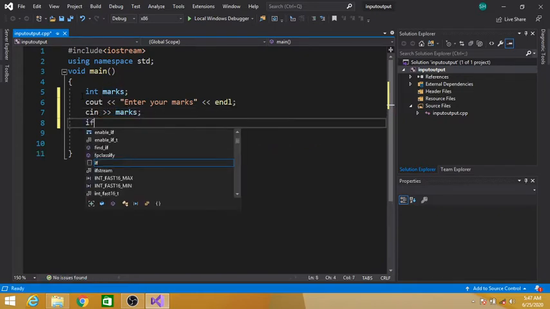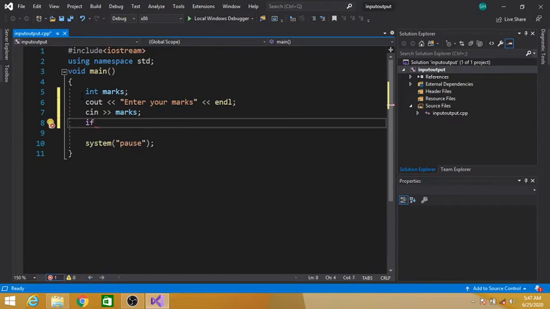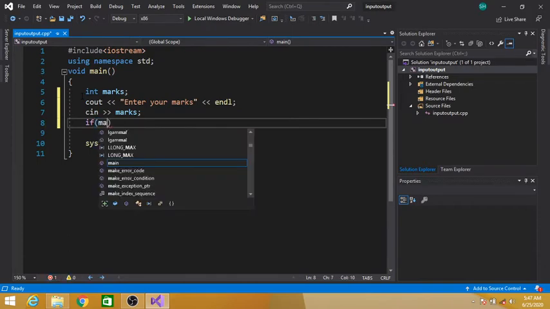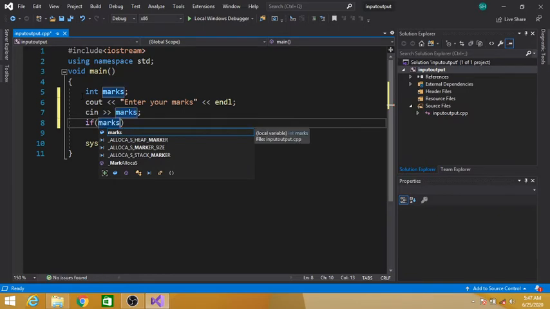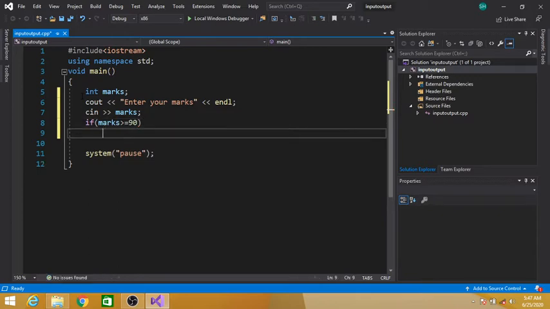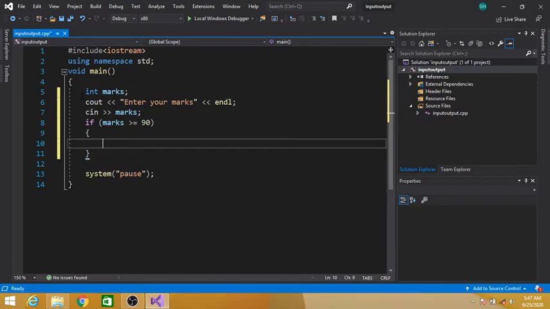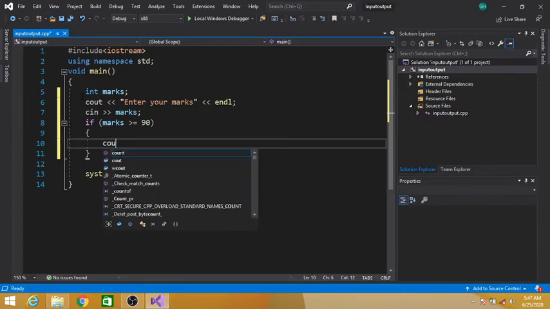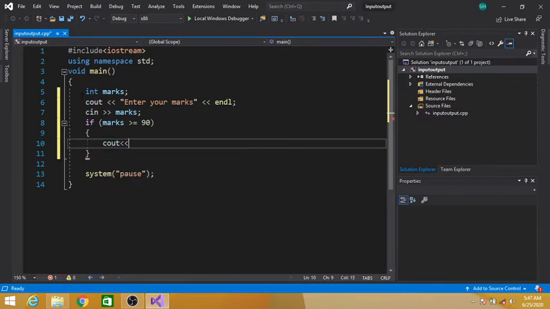Now if, we are checking in parentheses if marks is greater than or equal to 90, then we have to print cout your grade is A, end of line.